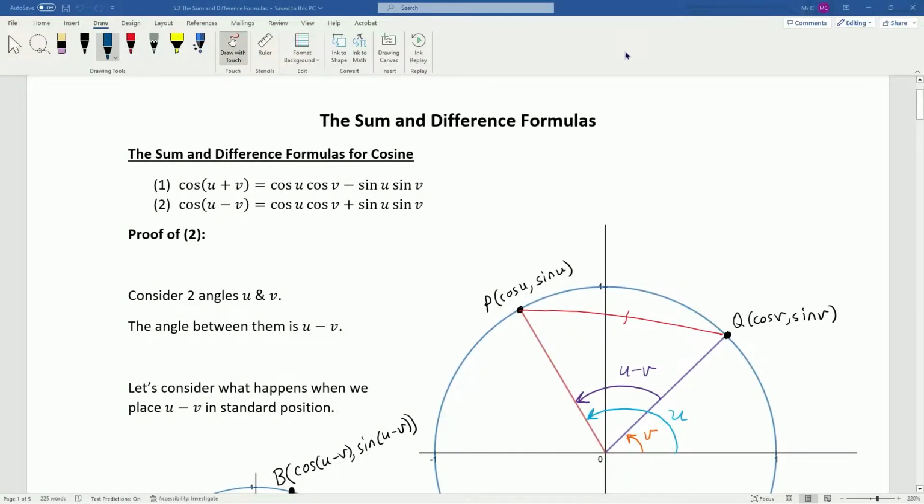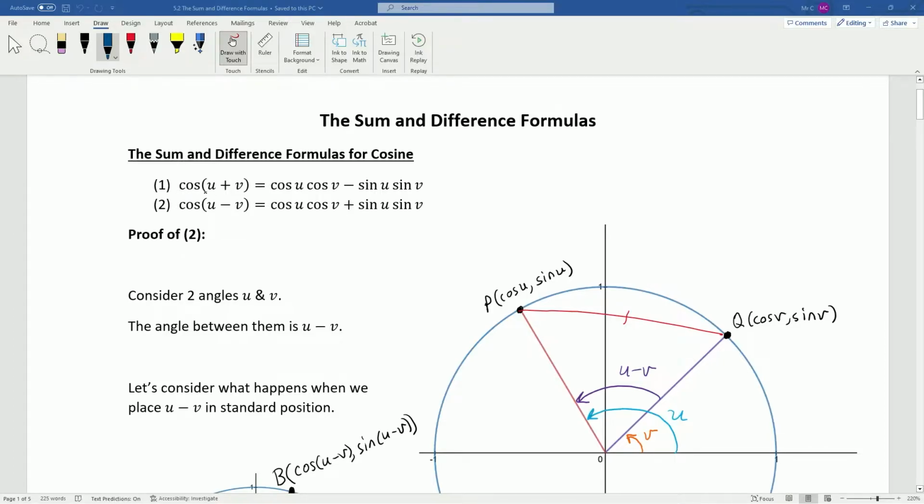Hello everyone, and welcome to our video on the sum and difference formulas. So we're going to start out by looking at the sum and difference formulas for cosine, and then we'll start looking at the sum and difference formulas for other trigonometric functions. So we're going to go ahead and prove the difference formula here, but let's just take a look at these